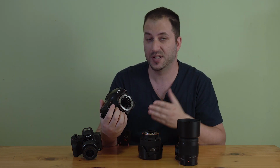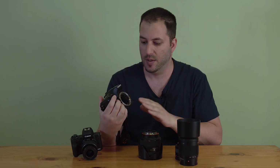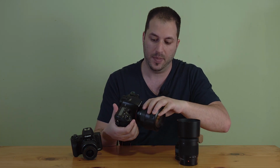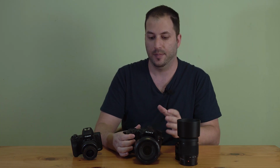It does have a mirror. This is a translucent mirror, which means the mirror never flaps up and down. The mirror is just there to bounce the light, catch the light, and have very fast autofocus, just like most DSLRs. But because the mirror is translucent, it basically never flaps up and down, which allows you to focus very fast by having the technology of